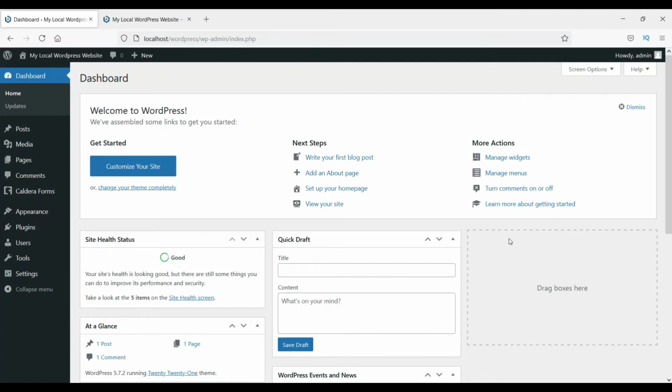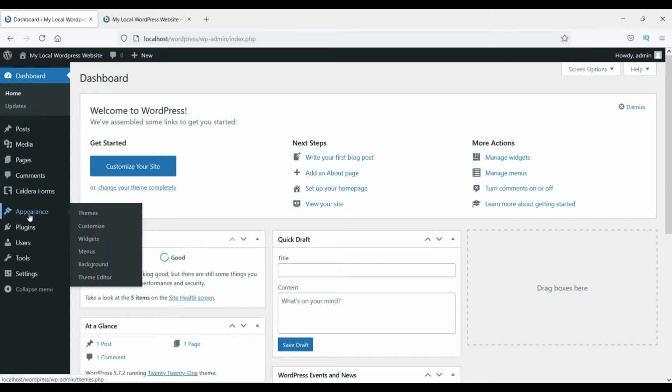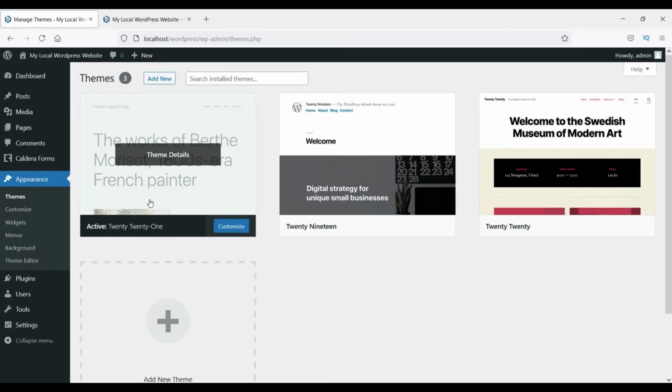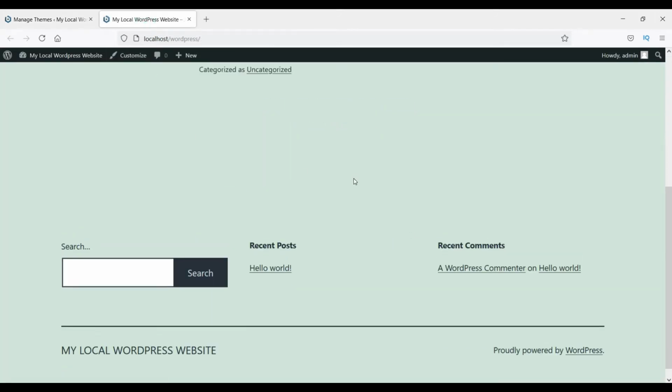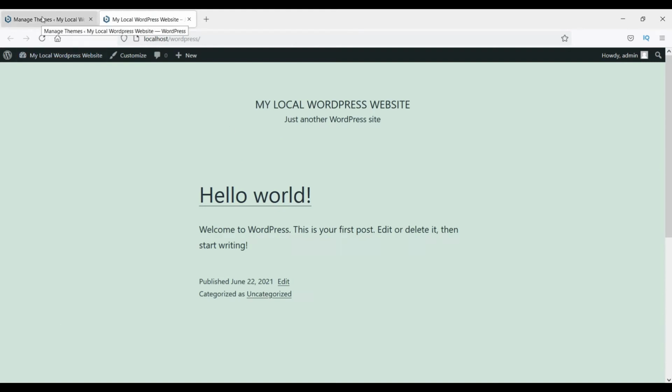Alright, so we are on the WordPress dashboard. We are already logged into the WordPress dashboard and we are going to change the theme of your website. Here you will see an option, Appearance, and there you will see Themes. You can click on Themes. Now you will see the default theme that comes with WordPress. Right now it shows it is using the 2021 theme, and the website is really looking like this, which is not that good an appearance or layout for the website.